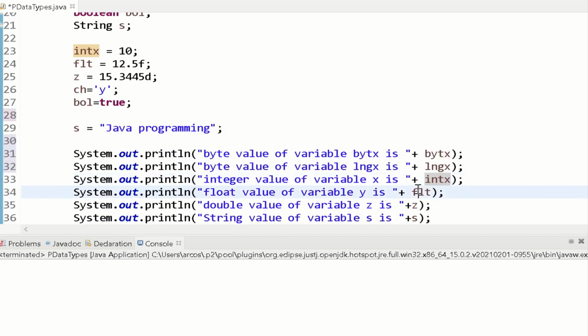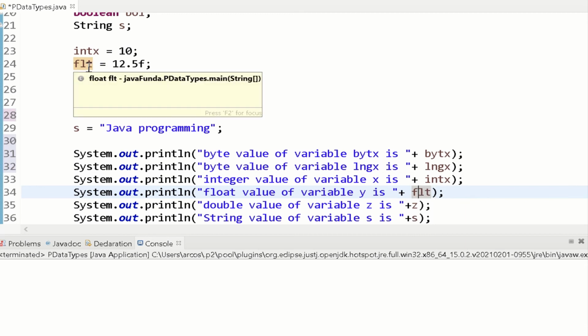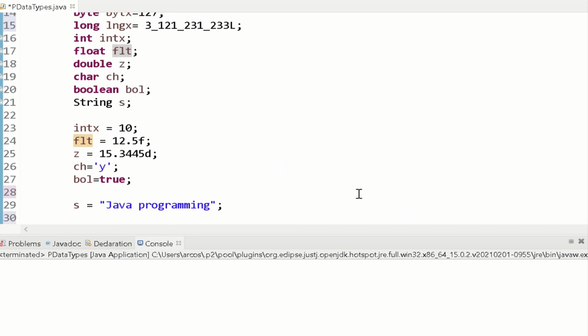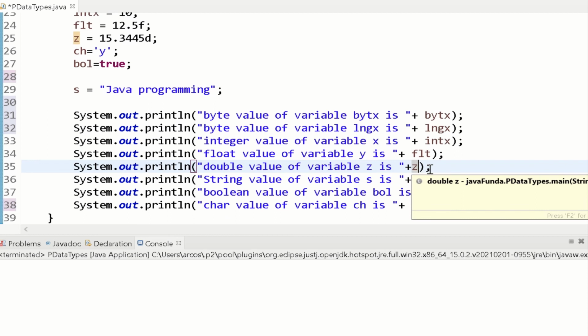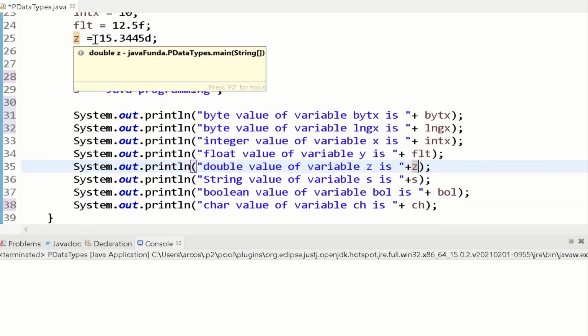So for float, we display float variable FLT, the initialization, and the declaration. Then you have z, this is not a good naming convention. We just simply put z. We do not know what z is all about, but we display the value of z, and we initialize the value of z with